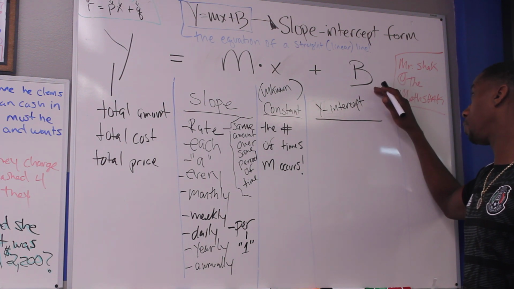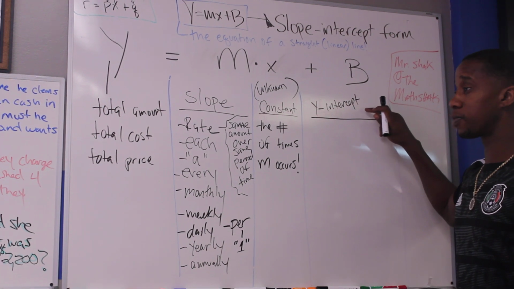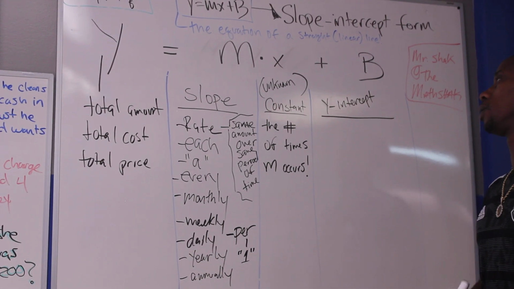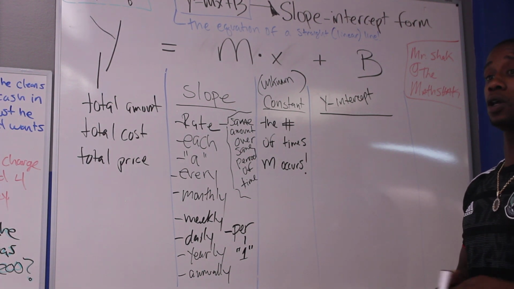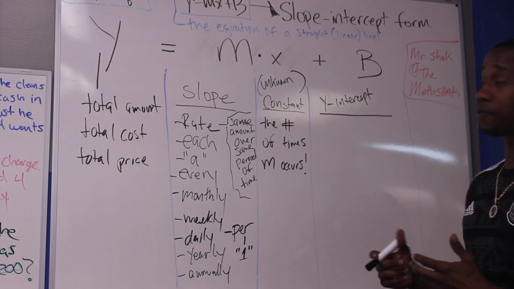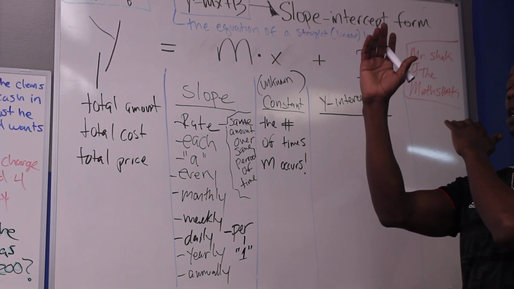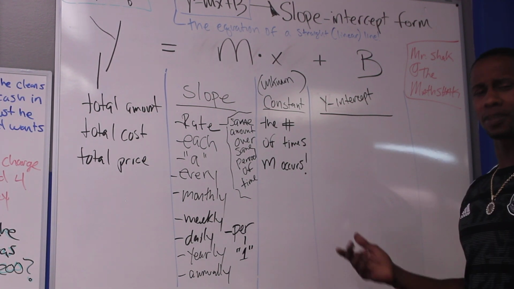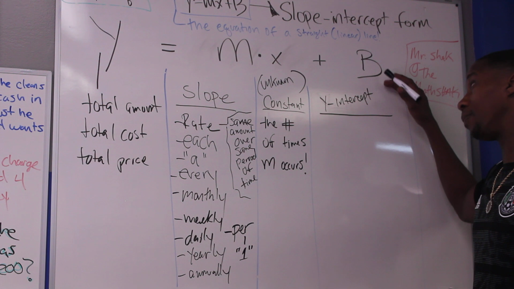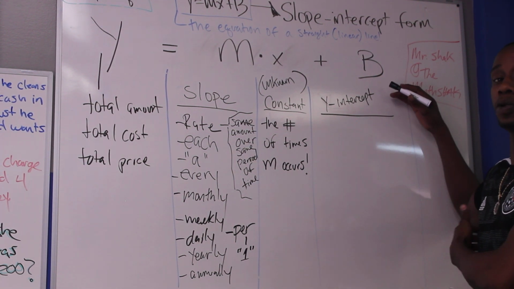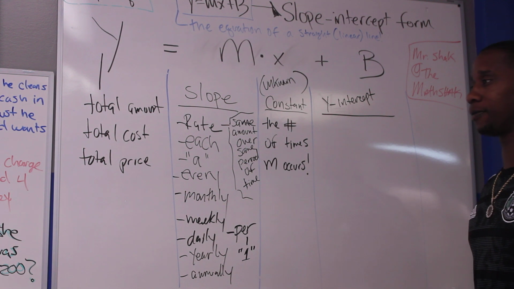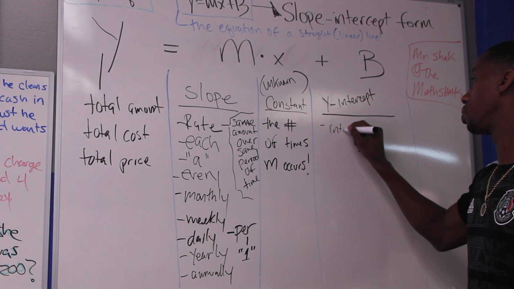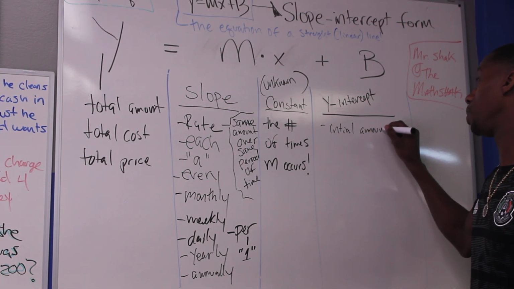Moving along to finally B. B represents the y-intercept. Now, those are my students that understand graphing, and some of my parents that may be watching with their sons and daughters that remember graphing. The y-intercept is just the point on the y-axis where the line crosses. For a 7th grader, that's somewhat irrelevant. They just need to know that B is the y-intercept. That's the mathematical term for B. But in real life, the y-intercept is a lot of different things. It can be an initial amount, and that could be money,